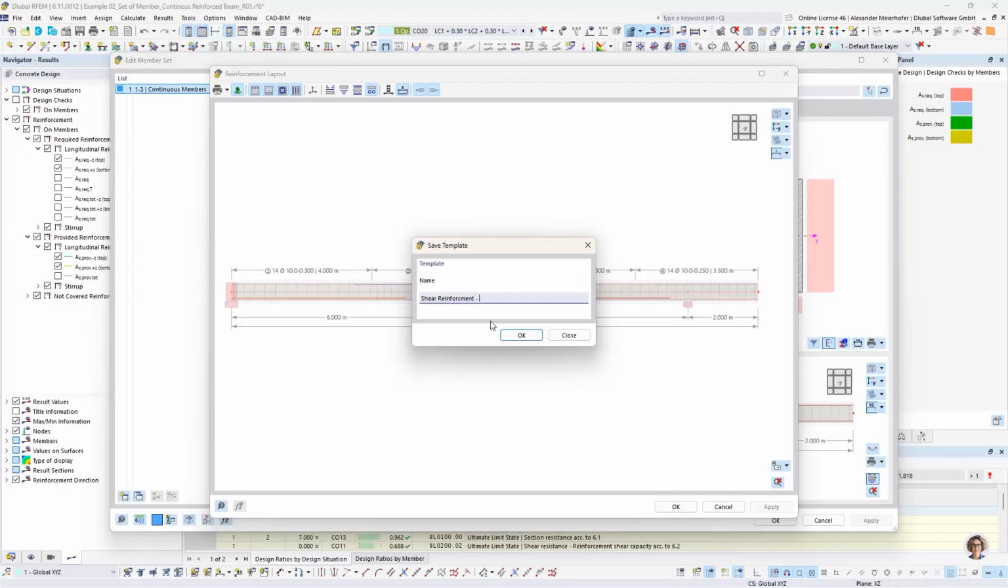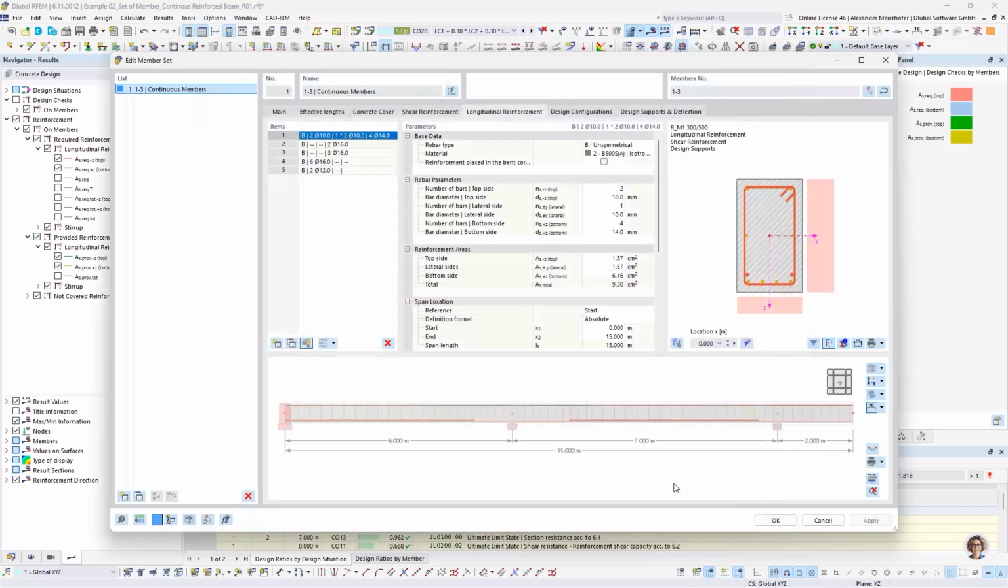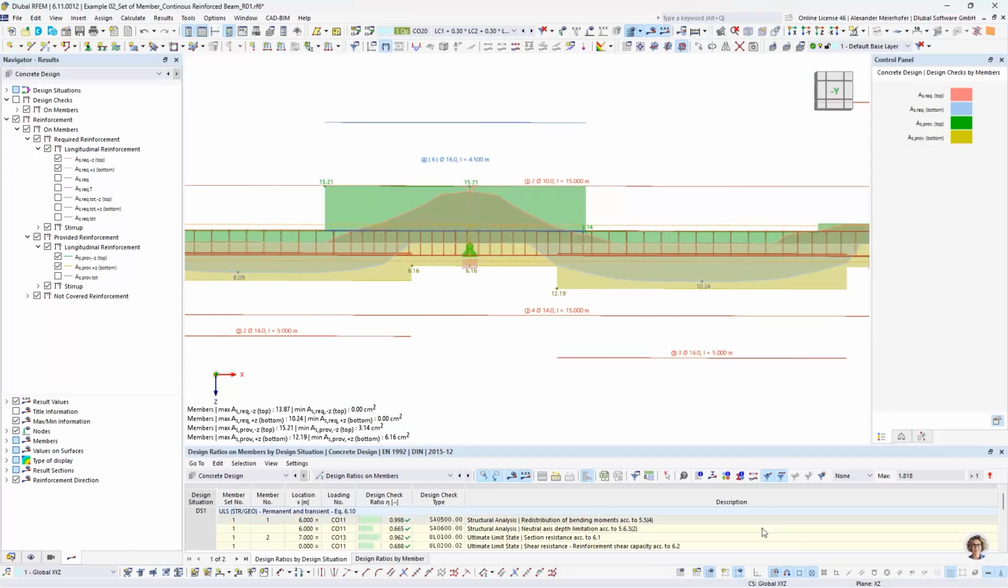Shear reinforcement, and this will be also for members. And then, if you make the multi-print, you can use this template for each member which you have in the structure. Okay. Then for the beams,